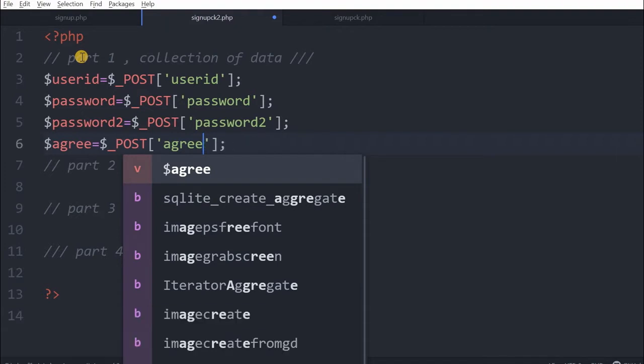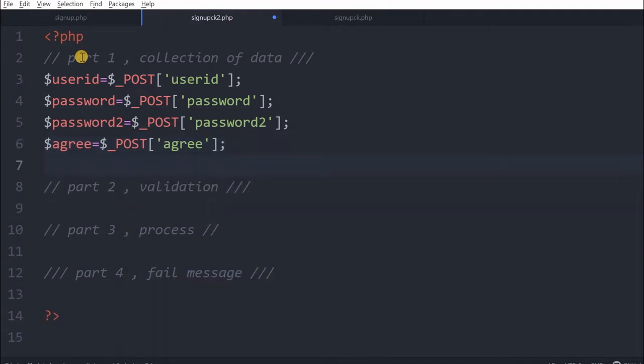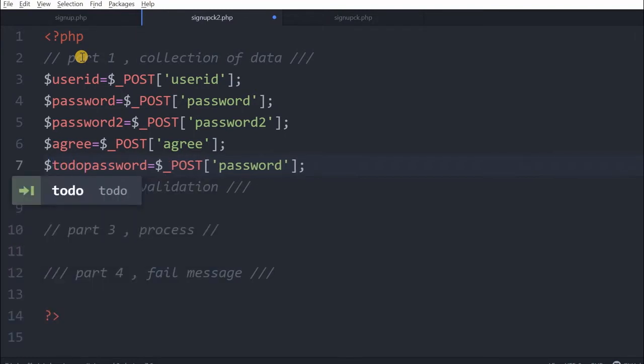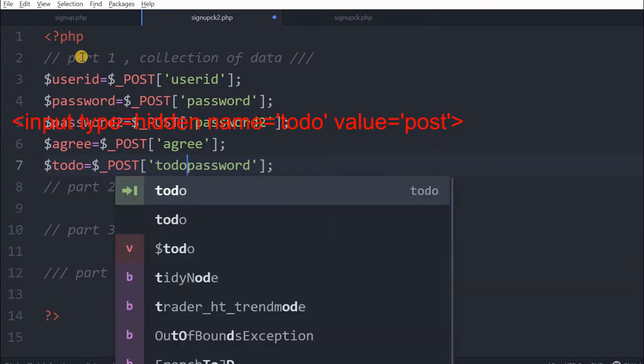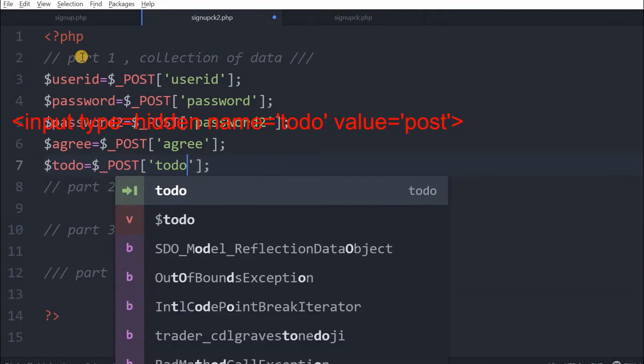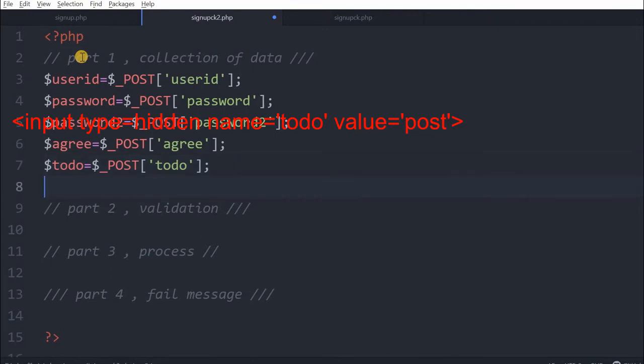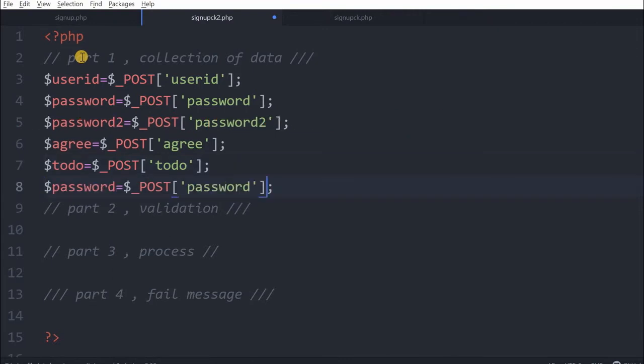For our practice purpose we have kept one hidden field also. It's a to do, meaning what the form will do. You can omit this, but it is a hidden field, and we want to understand how hidden field data is taken. This is not entered by the user, it is directly embedded in the form, so the data is already present there. Now next is our email.